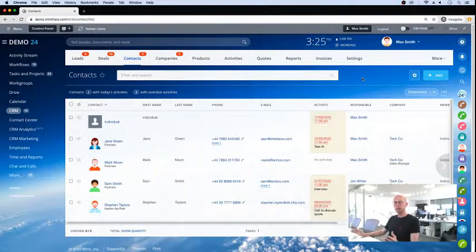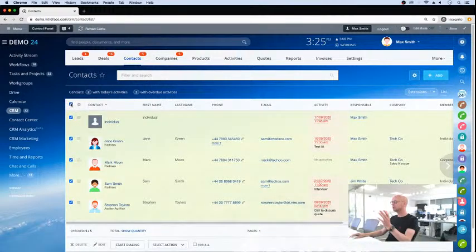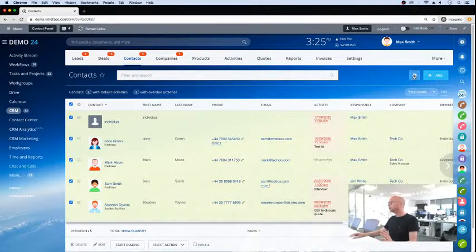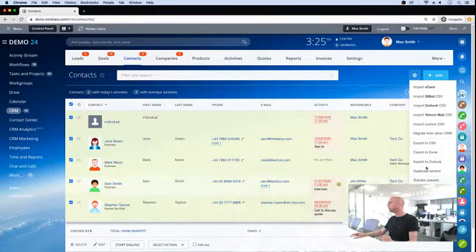You need to do them individually, but you can import contacts. So what I would do is select your contacts. Let's go to export to Excel. In fact, no, go to import custom